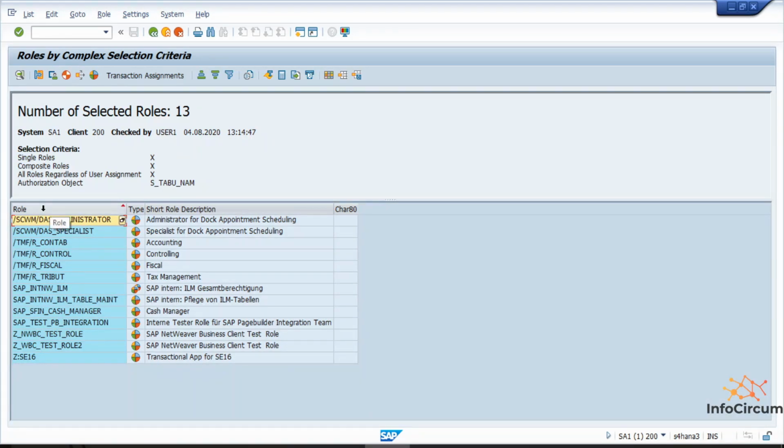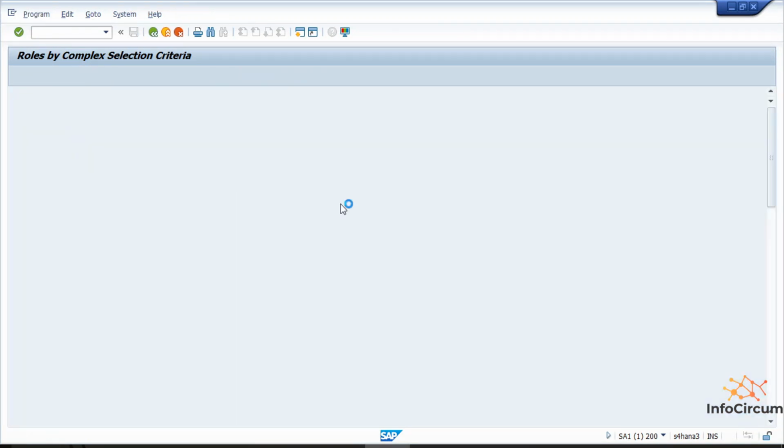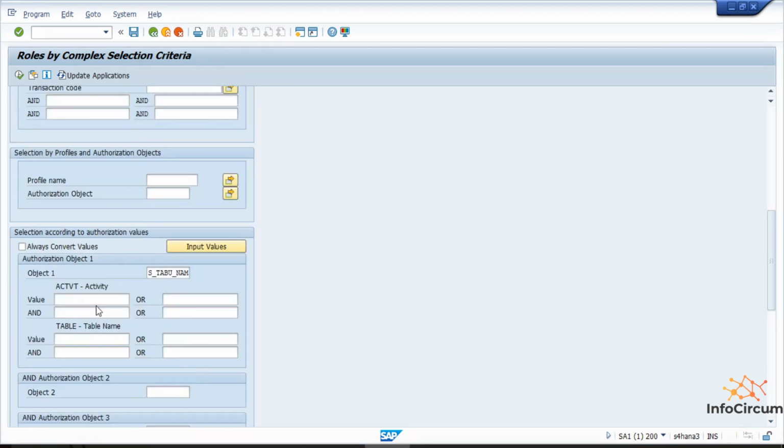See, these all are the roles which have the authorization object S_TABU_NAM. I'm giving the activity as 3 here. It will show the list of all the roles which have the authorization object S_TABU_NAM with the display activity only, not the other ones.